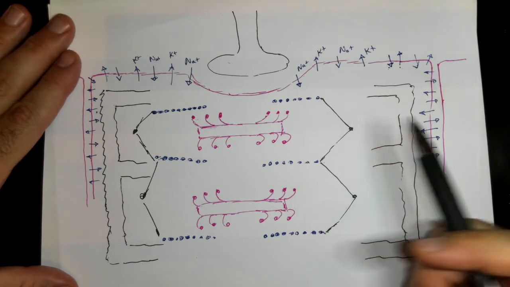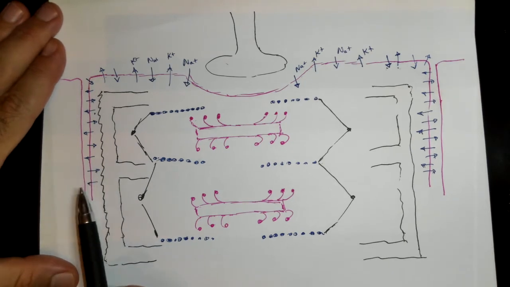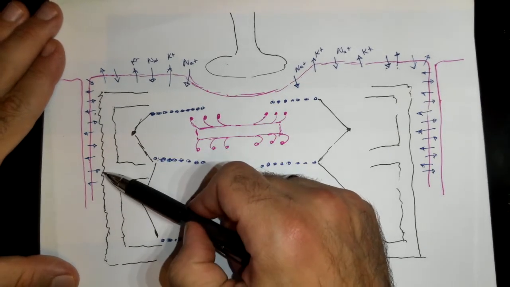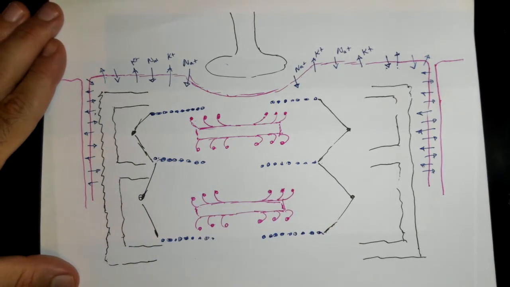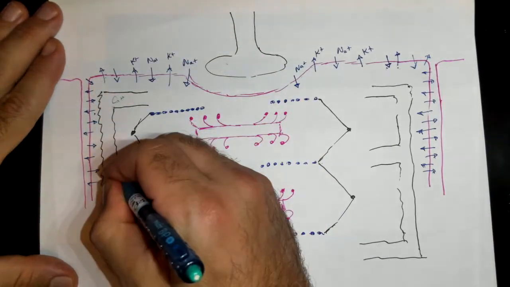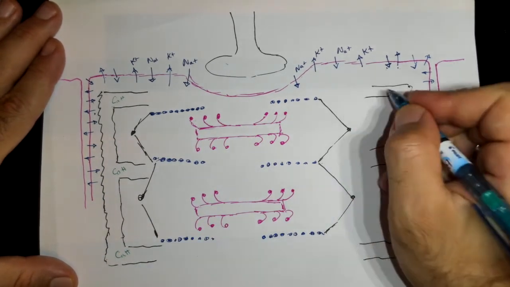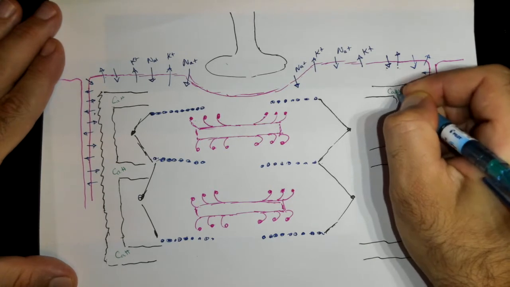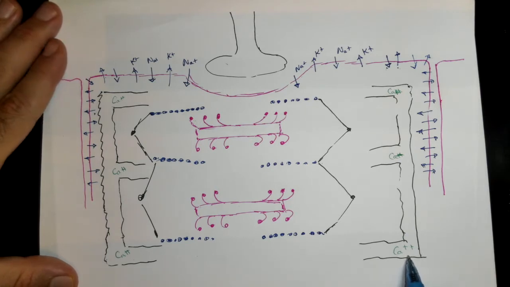Now, what's going to happen is that, first of all, we need to understand this relationship of the T-tubule with this terminal cistern of the sarcoplasmic reticulum. Basically, the sarcoplasmic reticulum is a storage for calcium. So calcium is being stored within the sarcoplasmic reticulum. It's just double plus. This calcium that's being stored in here